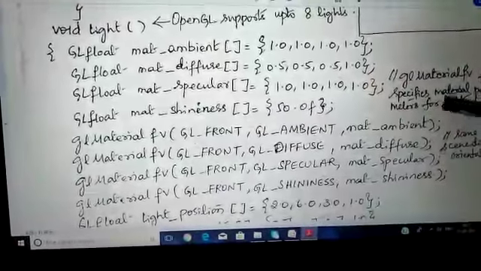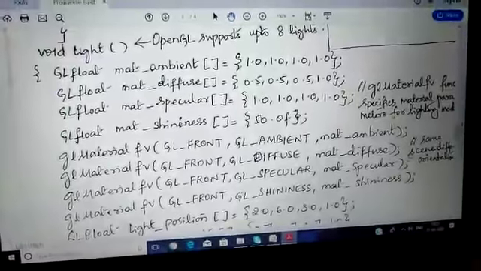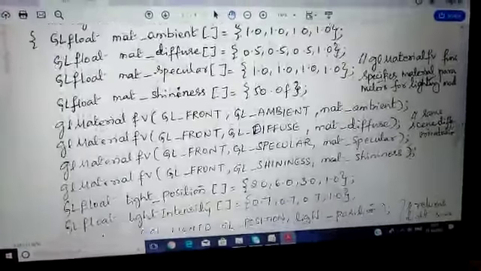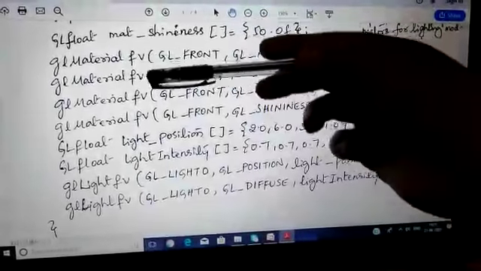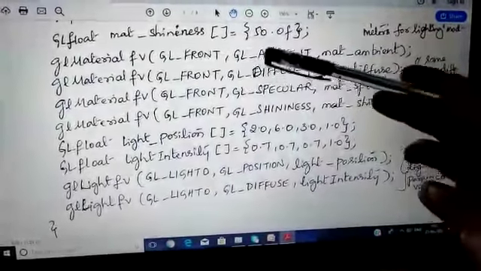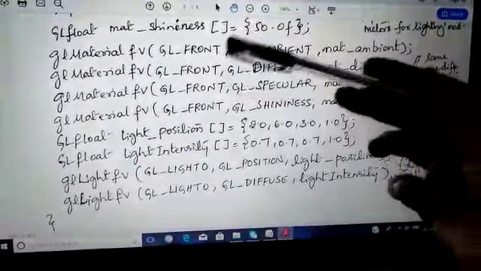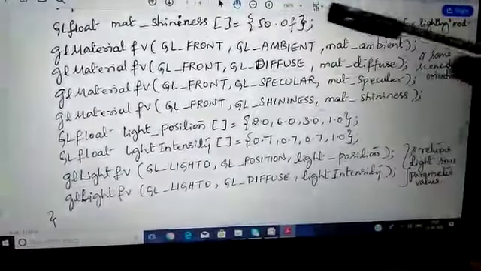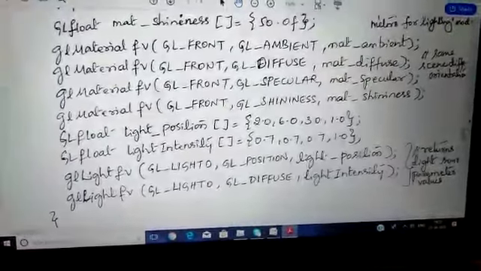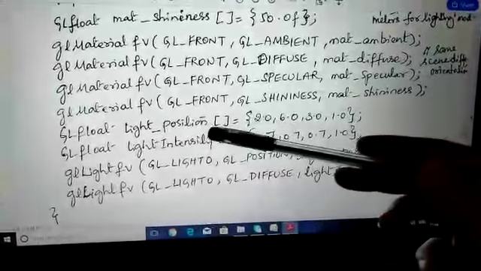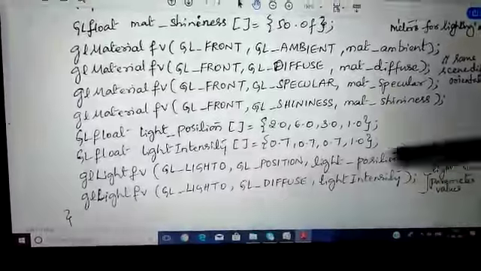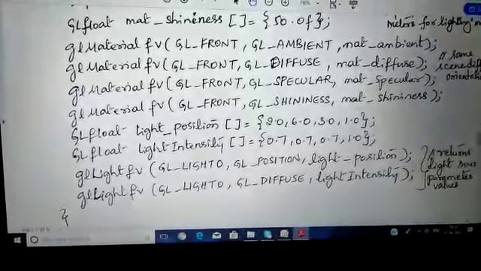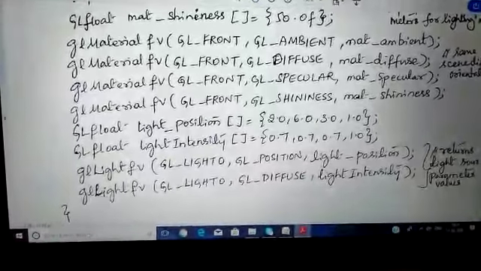We have glMaterialfv, which specifies material parameters for the lighting model. This will give the same screen with different orientations of the camera. Then we provide the light position, which takes the light source parameters as vectors.